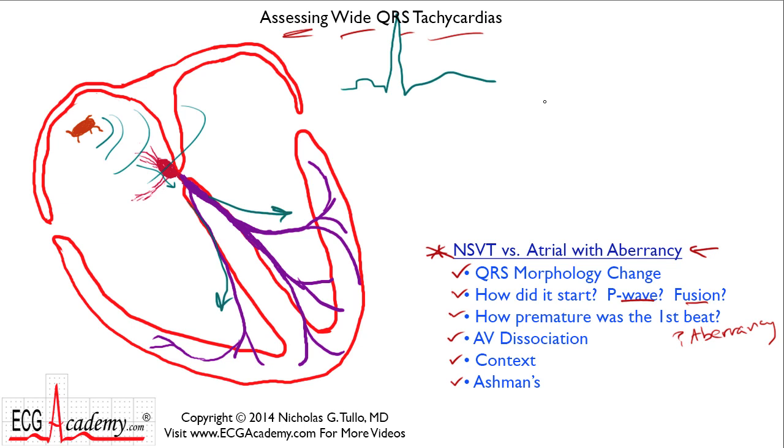But you have to recall from my lesson in IVCDs that one bundle branch may have a longer refractory period than the other bundle branch, and if one bundle branch or part of the conduction system recovers sooner than the other, well then if the AV node lets a signal down right at this moment, when the green conduction system has not recovered, then that part of the conduction system will not be able to depolarize and will block. But the part that's drawn in purple has recovered and would be able to fire, but the green will just